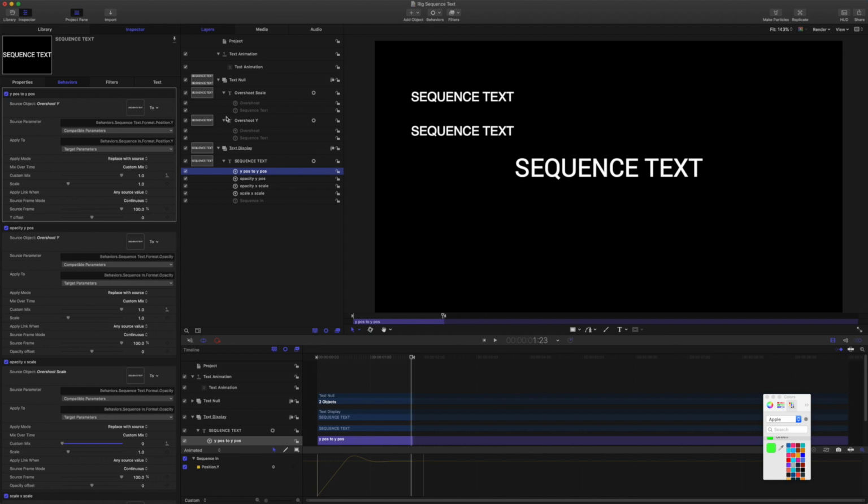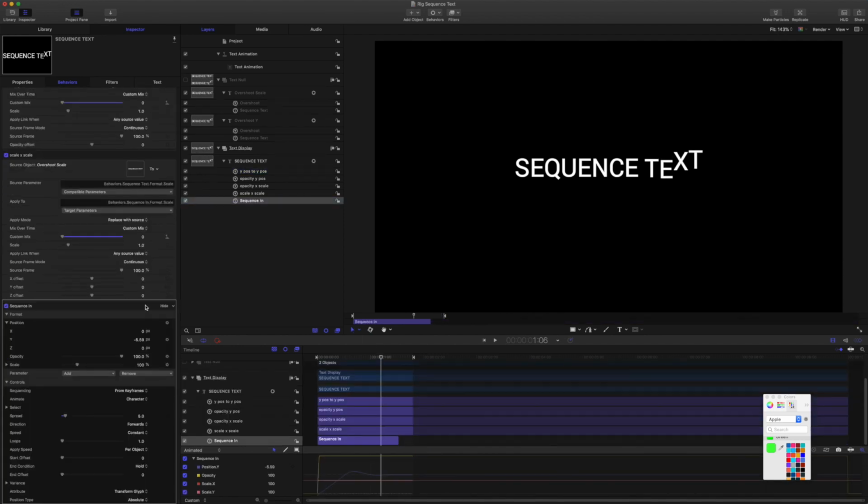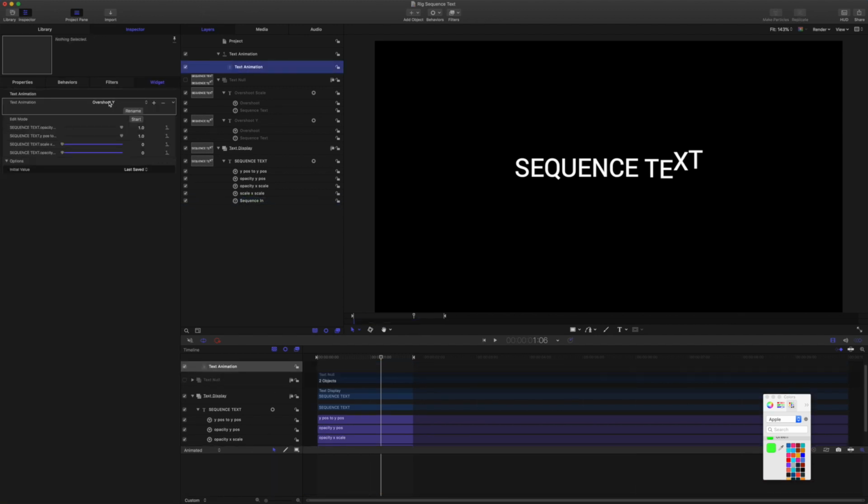So I'll turn off the nulls. This is the visible text. Here's the sequence text behavior for it, and you can see, well, if you can see here, these parameters for the sequence text behavior have no natural values. All the values come from the link. So we have the pop-up, the selection to either overshoot the Y position or overshoot scale. So we can swap between these, and this is one example of where you just really